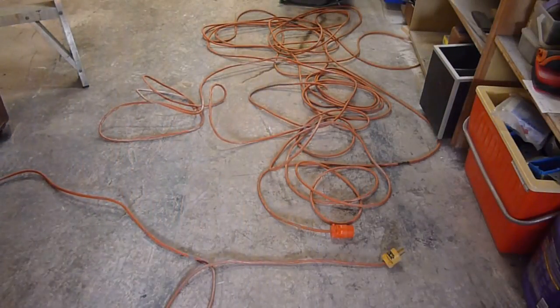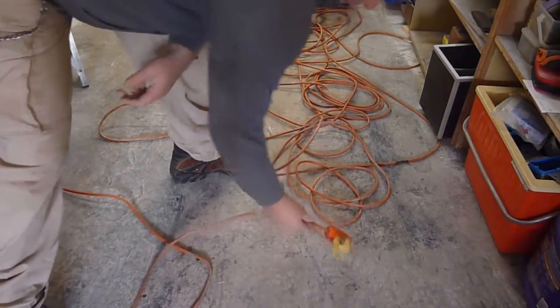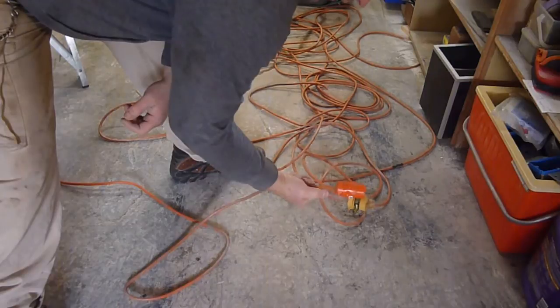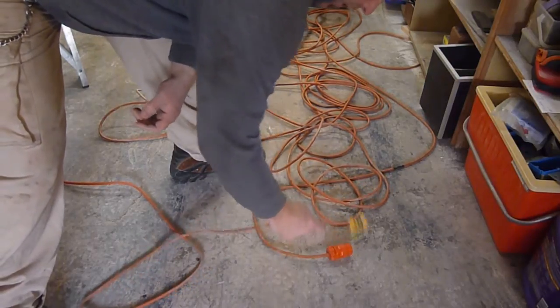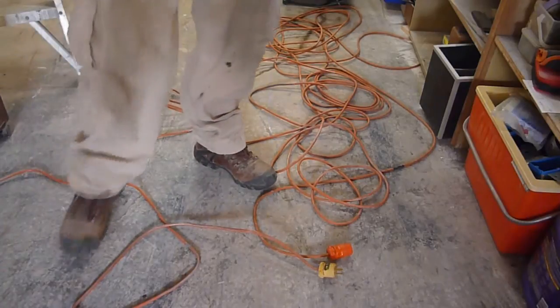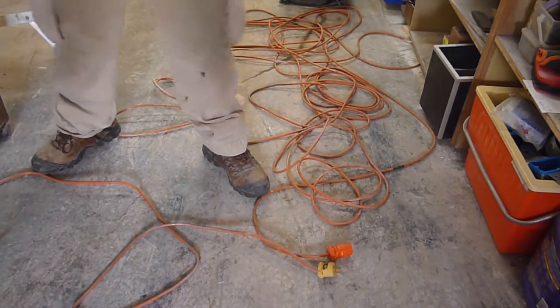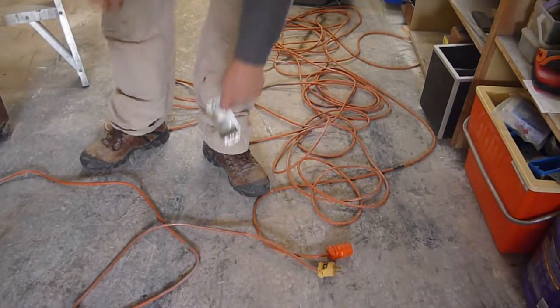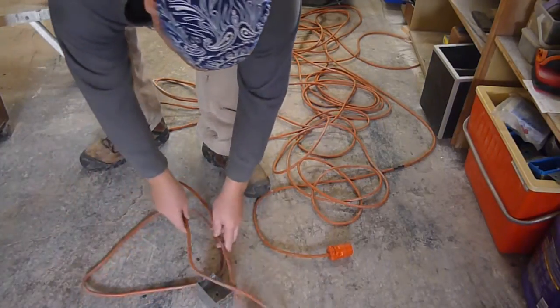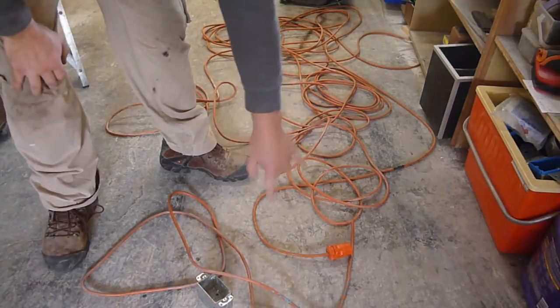What we'll do is build the plug-in for it here. Now, if you want to know how to do this, as you can see, this is actually the plug-in from my how to fix an extension cord video, but I also have a video on making a homemade extension cord. So go check out that video if you want to learn how to take a box and a chunk of extension cord,